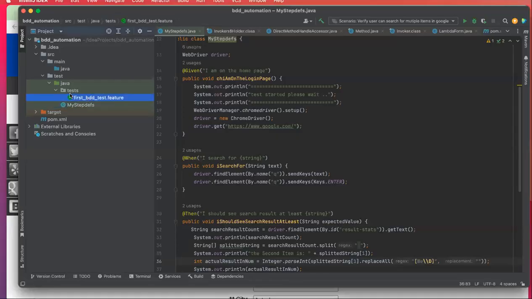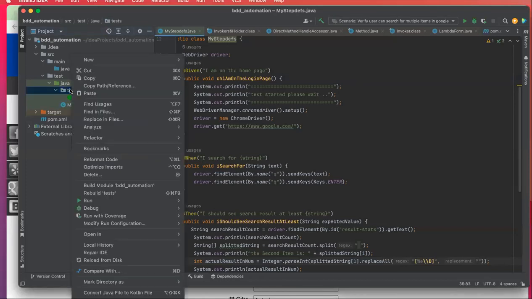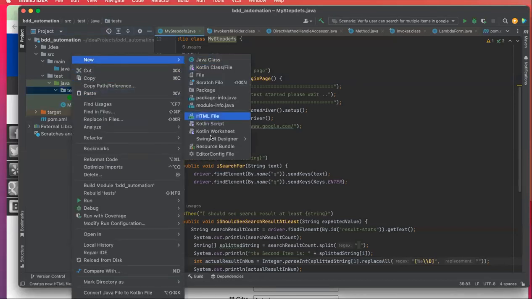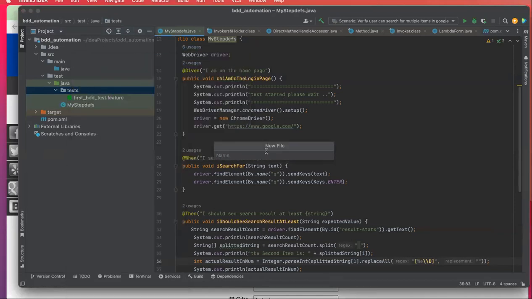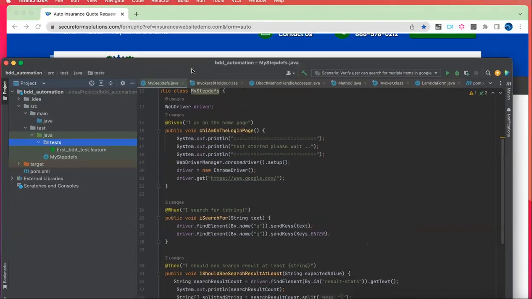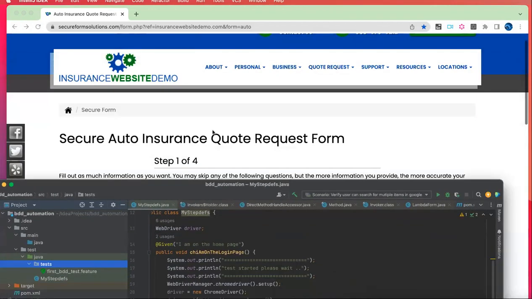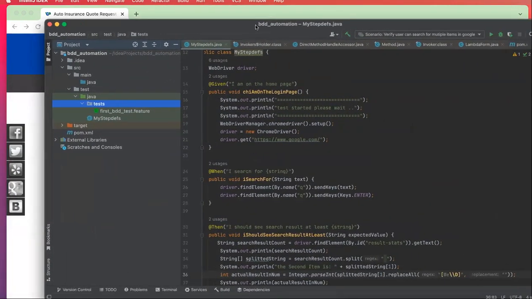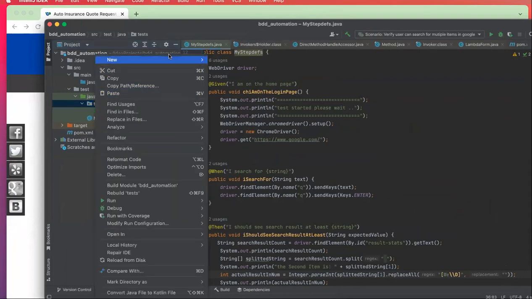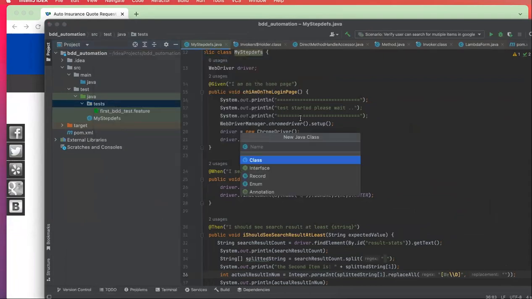All right, so now we have our test class, package. Inside of the package, I'm going to create a new test file. Everything will start with the feature file, right? Let's see. This is a demo insurance, so we're going to say auto insurance, right? You've got to name something that is relative to what we are doing. So I'm going to say